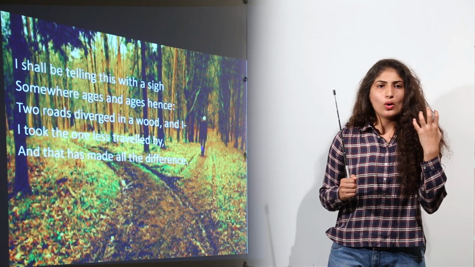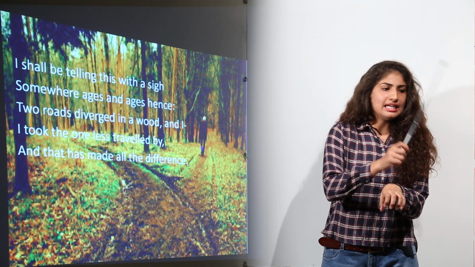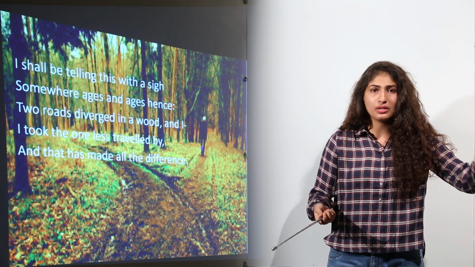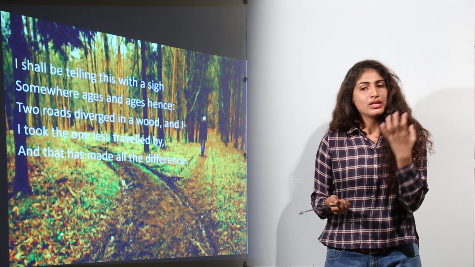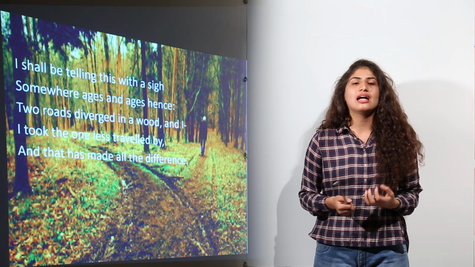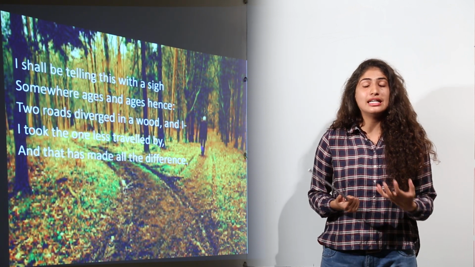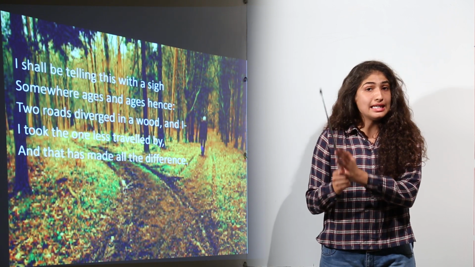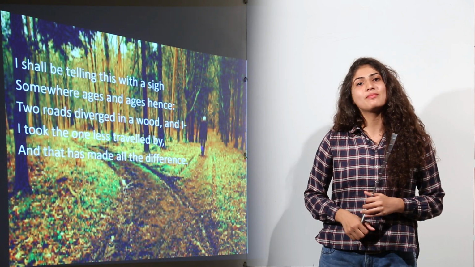In this poem, what we can conclude is that when the poet was standing at the fork, when he had two trails to choose, he selected the second one. He rejected the one which was more traveled, and he has chosen the second. What we can conclude about the nature of the poet is that maybe he is very adventurous, he is risky, he is a challenger, he accepted the challenges, because since the second road was not used much, he took the risk of moving on to the second route. I hope the poem is clear to you.